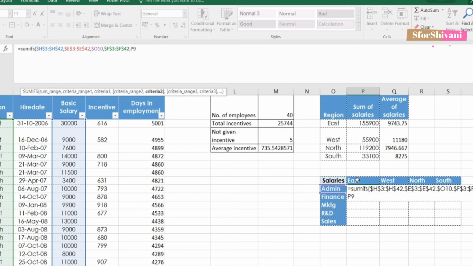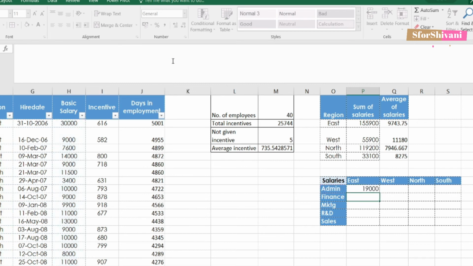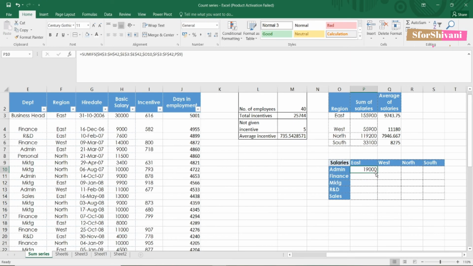And criteria 2. So in this, the row is remaining fixed while P, Q, R, S are changing. So I'm fixing the row. Close. 19,000 is the answer. Drag it and it will be correct.